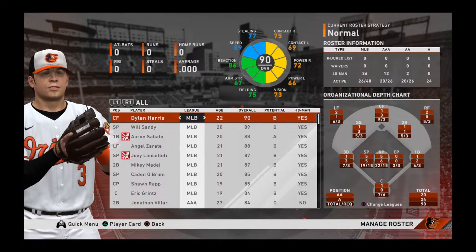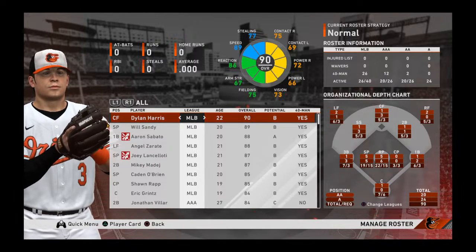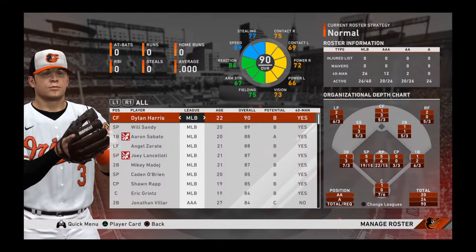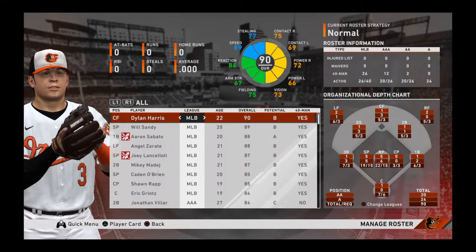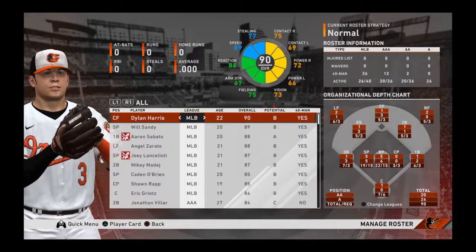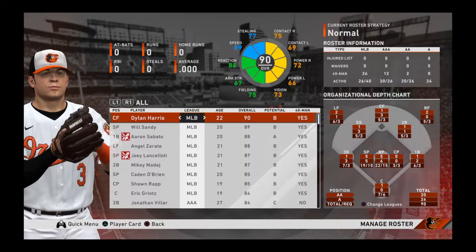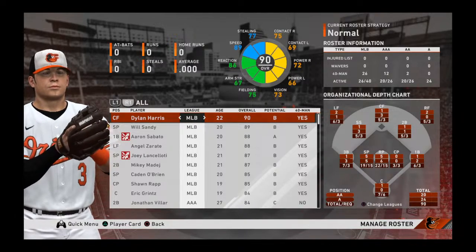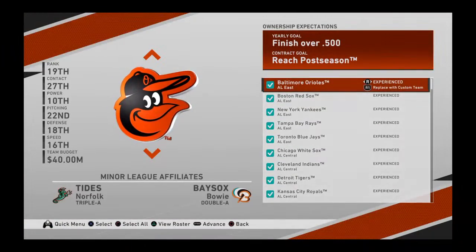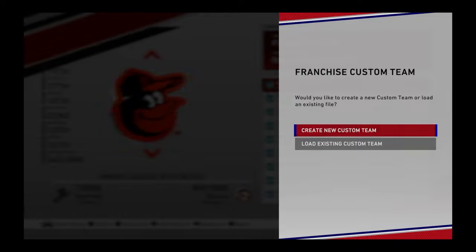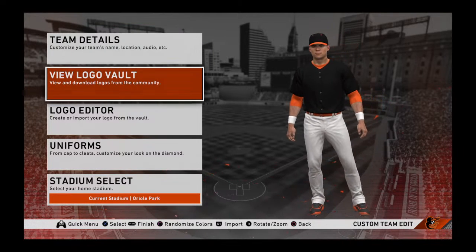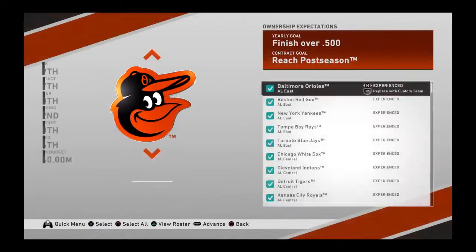Like if I Google Dylan Harris, it comes up as University of North Carolina. So you can check it, and if you have not created North Carolina, you would go to create new custom team, and then you would go to Logo Vault, search for their logo, put their team details in there,